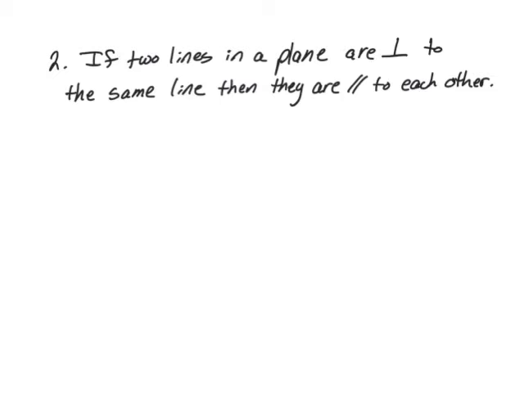The second theorem states if 2 lines in a plane are perpendicular to the same line, then they are parallel to each other. In a plane means we don't have any skew lines. We don't have any lines sticking out of the surface. It's all on the flat surface. So let's draw this. If 2 lines in a plane are perpendicular to the same line, so here's the line. That'll be line P. And I'll have line M and N again. So here's M,